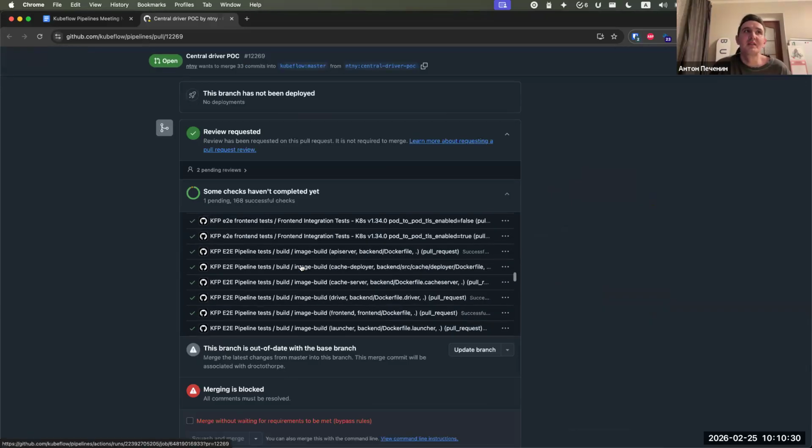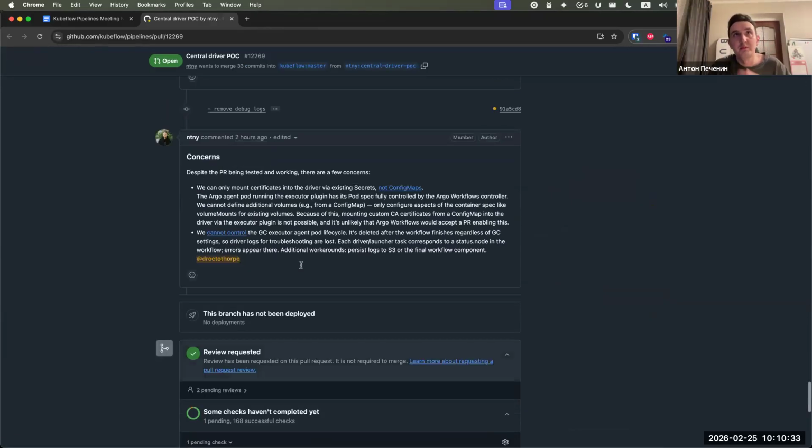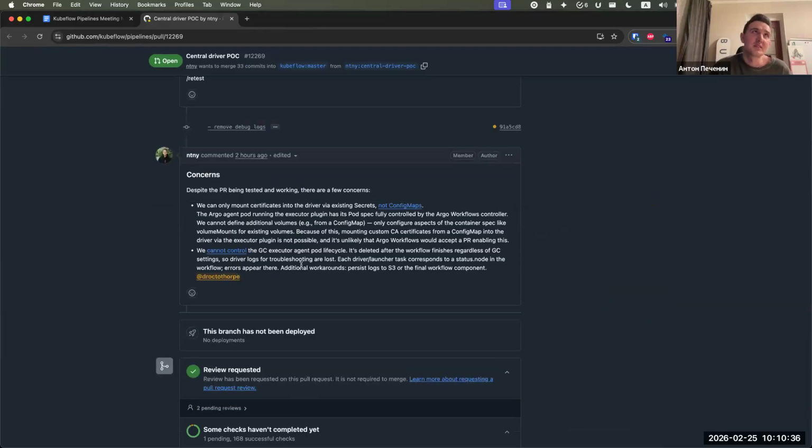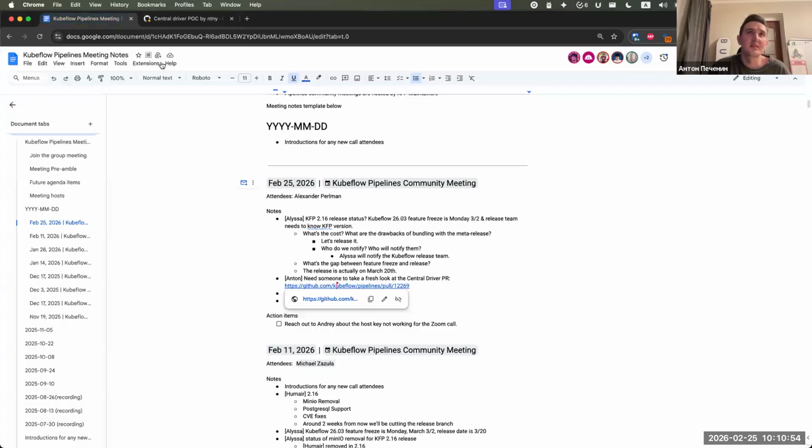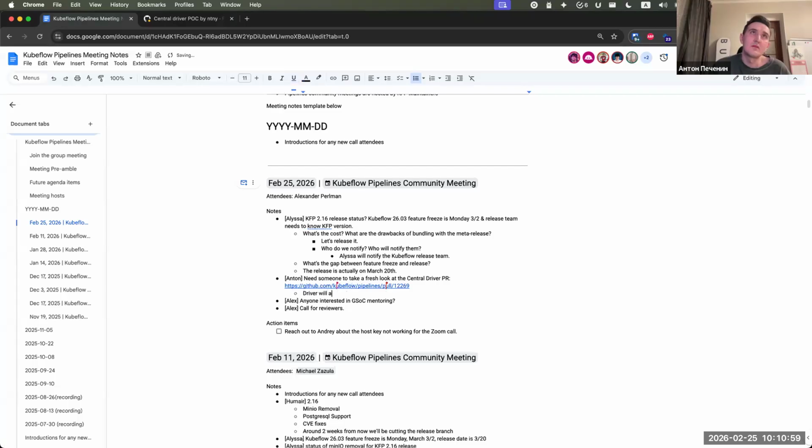The driver agent limitation has some drawbacks. It's about the problem that we can't control the driver garbage collecting. It's always deleted once the workflow finishes, no matter success or failure. And it means that we lose the driver logs. There might be some workarounds, but